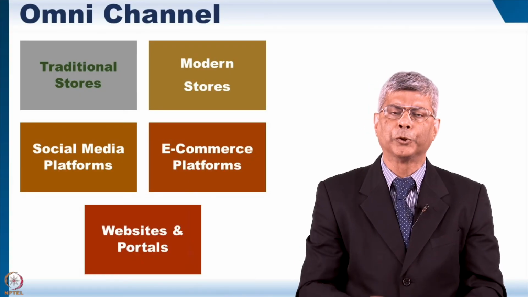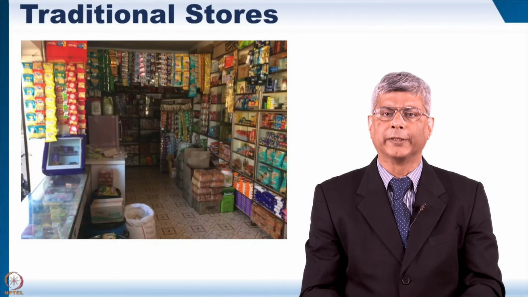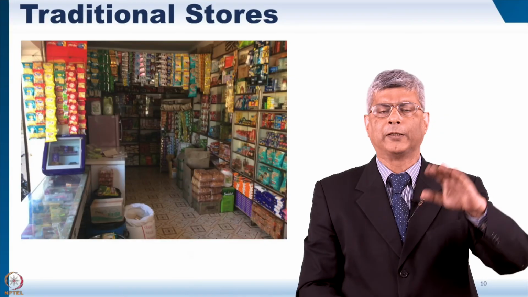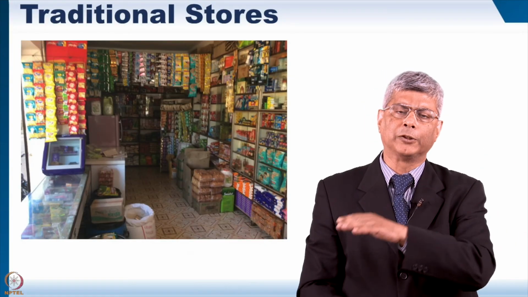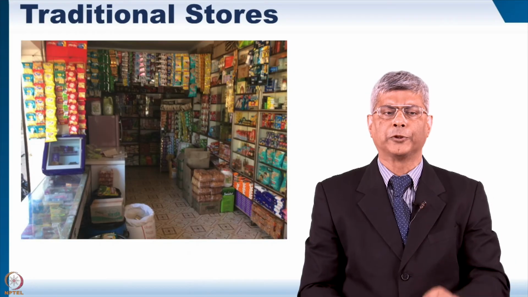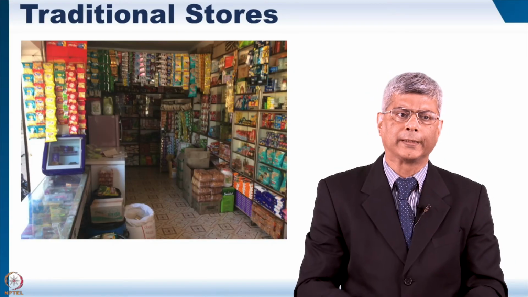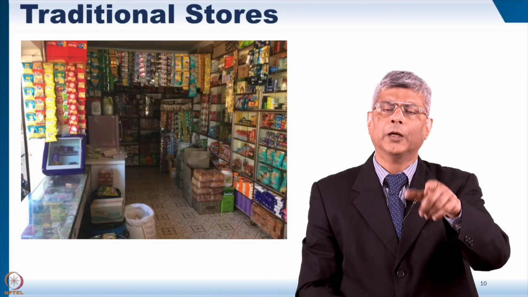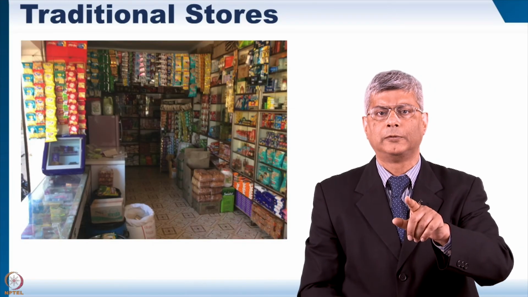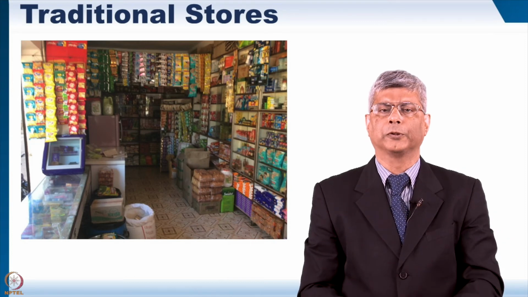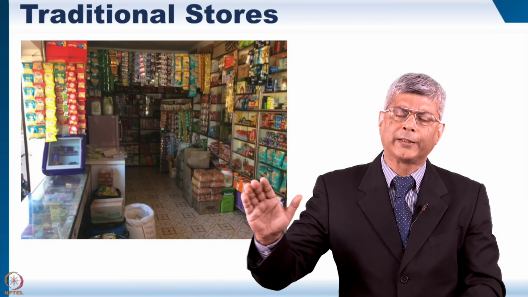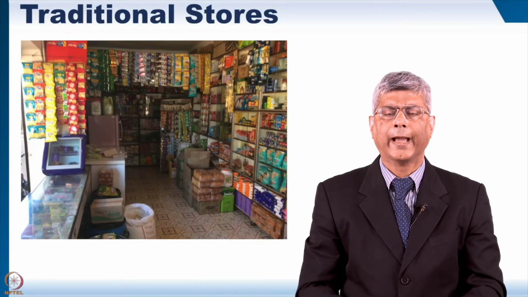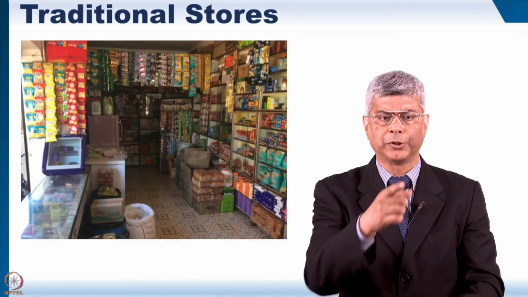I had said earlier that I'll show you some examples, so let me now start showing you the examples. So this is a traditional store. You'll probably have a store near your house, whether you're in a village or you're in Mumbai or Delhi or Chennai or Guwahati or Bhubaneswar. There are plenty of stores like this. And if you look at the store, there are lots of products in that store, but which is not made in your neighborhood. It's probably made in a factory 1,000 kilometers away. And it has gone through layers and layers of distribution to reach this point.